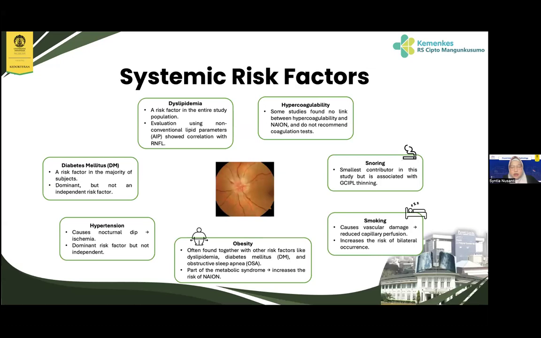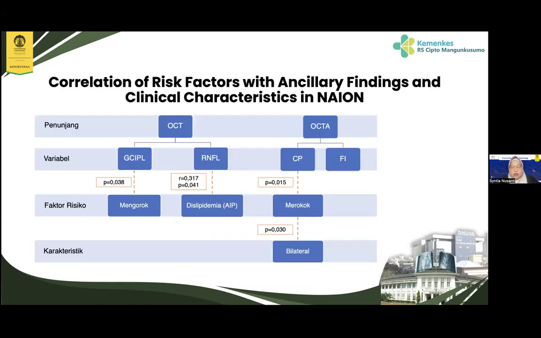There are multiple systemic conditions in patients with non-arteritic ischemic optic neuropathy, such as dyslipidemia, diabetes, hypertension, obesity, smoking, and also obstructive sleep apnea that contribute to NAION. While hypercoagulability and snoring have shown weaker associations with NAION compared to the others. We also have a study that tries to correlate the risk factors with imaging findings and clinical characteristics in NAION